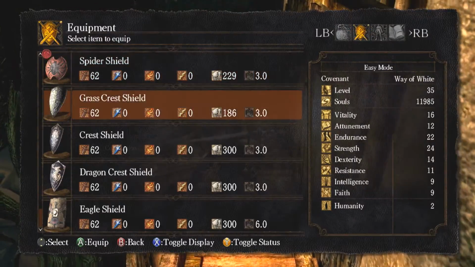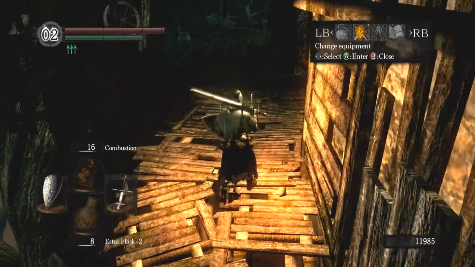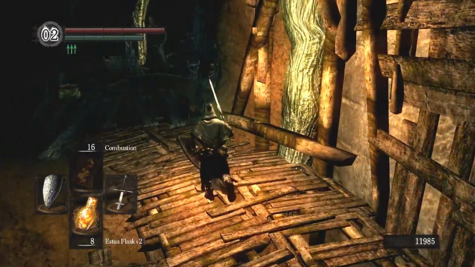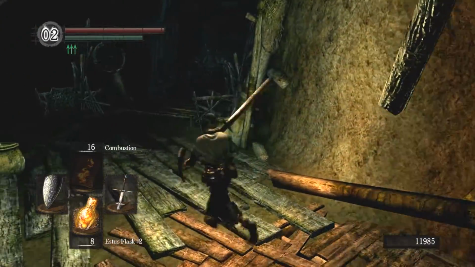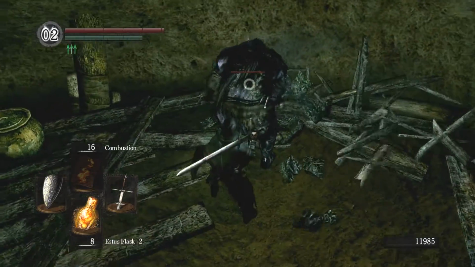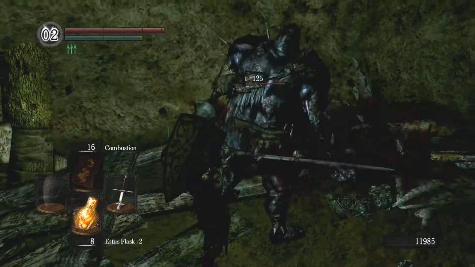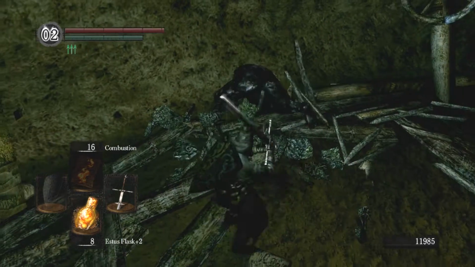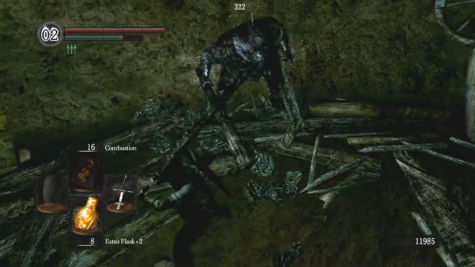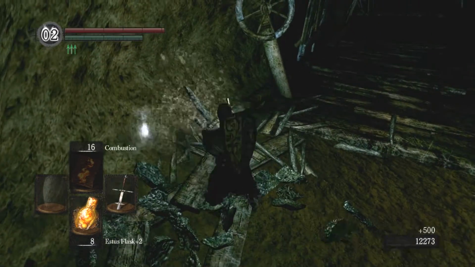And now we can go back to the Grass Crest Shield. And also unequip this. Okay, there's a single one of these. I don't know, they're called Unlit Barbarians, I think, but I might be wrong. That's the name I've got stuck in my head, but that doesn't mean that's actually their official name. And no, the official name is kind of an overstatement. I mean,